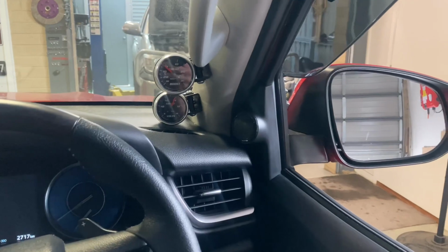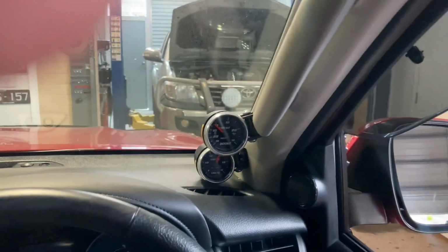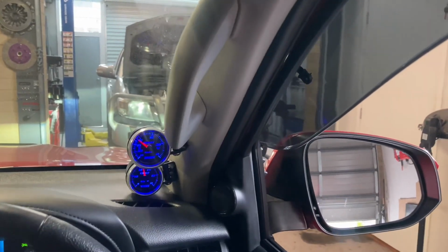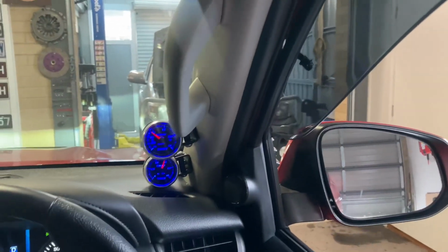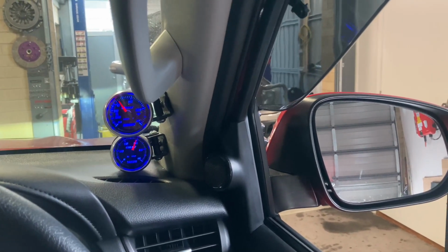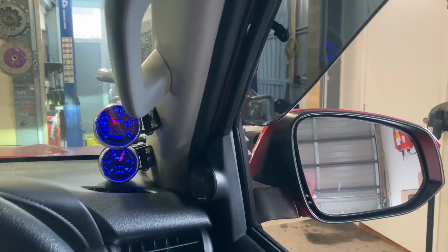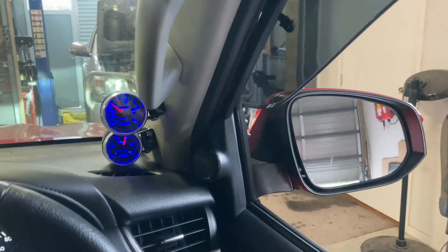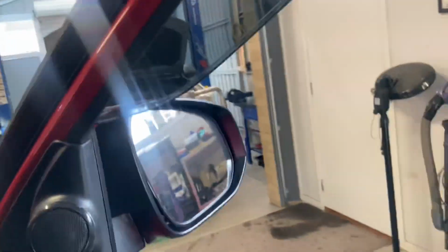Before we start, we'll do a little bit of an intake sound video from sitting in the driver's seat with the window down. So what I'm going to do is just start the thing up. Just going to put it in gear, and I'll just stall it up a little bit to bring up a little bit of boost pressure. So that's it, can't really hear too much. You can hear a little bit of a turbo flutter when you back off, a little bit of a whistle,